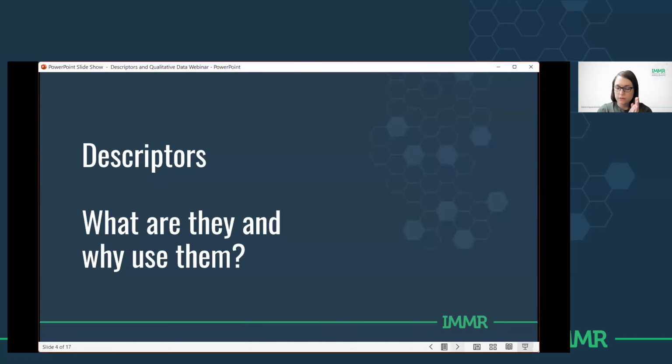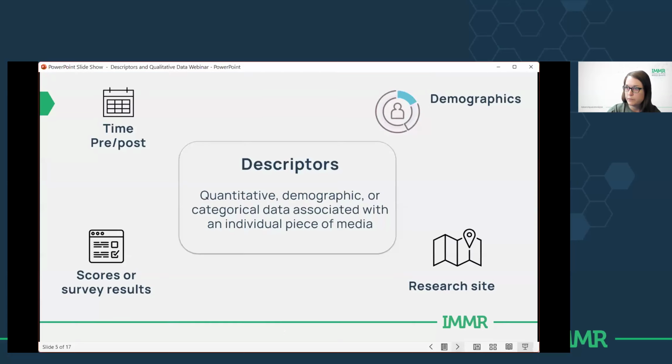Okay, so descriptors in Dedoose, let's talk about why you would use them in the first place. Descriptors are basically any categorical, quantitative, or demographic data that are tied to pieces of media, so your qualitative data in the system. Most often people are using these to track any demographic data that they're interested in comparing across their study.